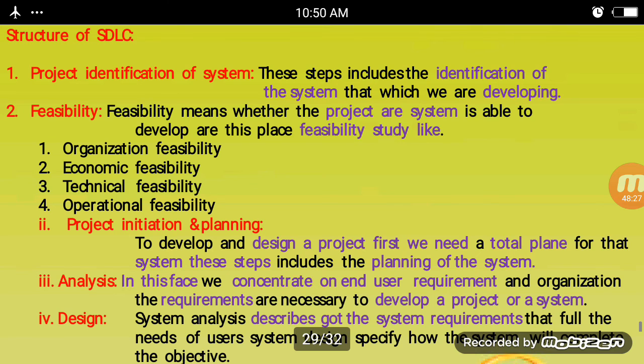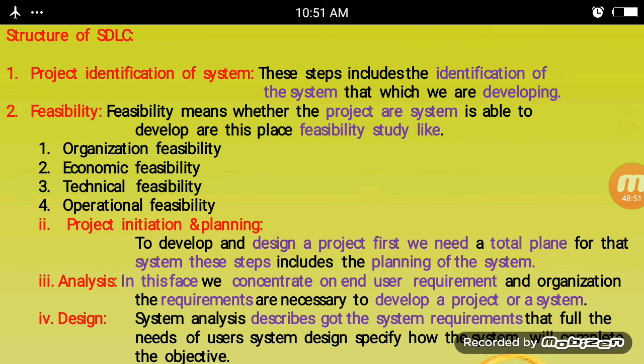We will look at the structure of the SDLC model. Project identification of system: these steps include the identification of the system which we are developing, and how to identify the system.